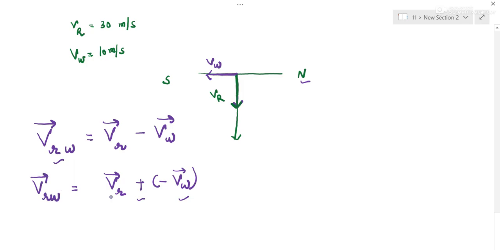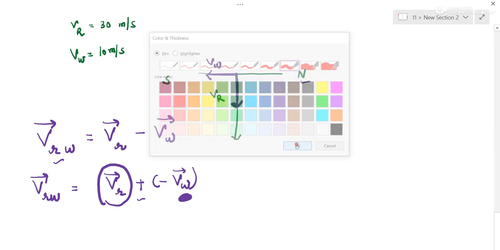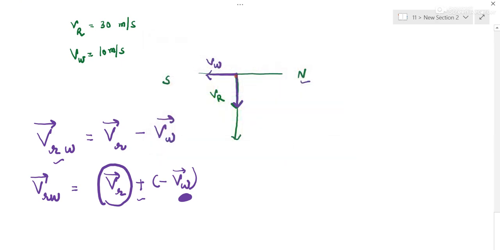Now, you can see this is vector A and this is vector minus B. So, we will do it in the same diagram. Look here. This is the velocity of rain. Now, we have to take the inverse of this: minus VW this side. And now, the velocity of woman is this side, so it is minus of velocity of woman.